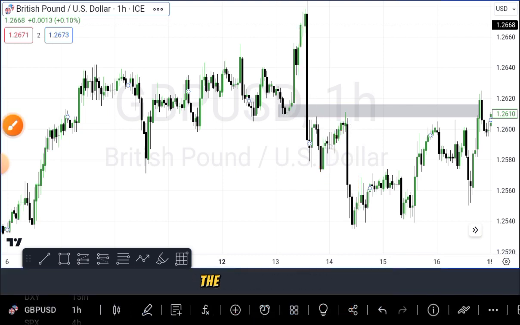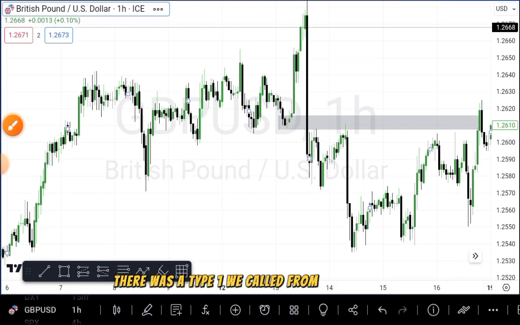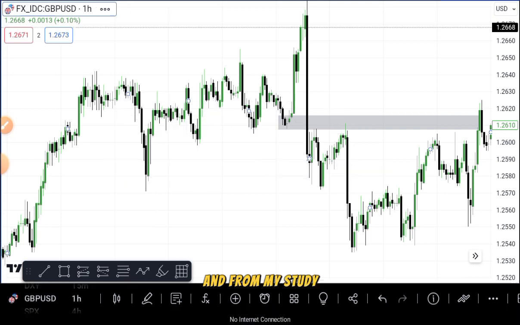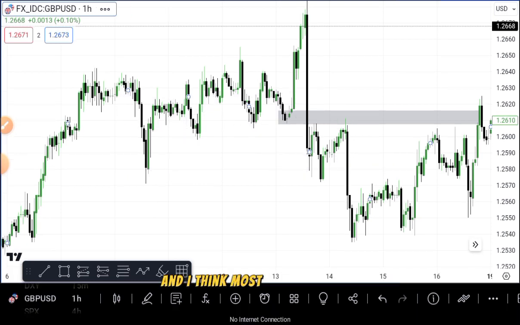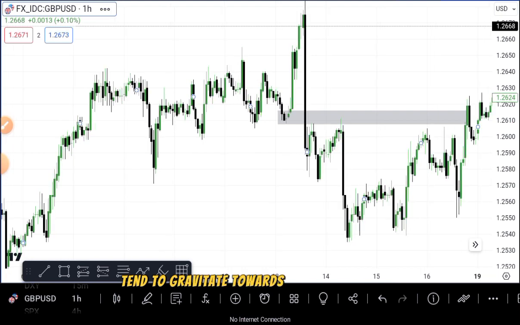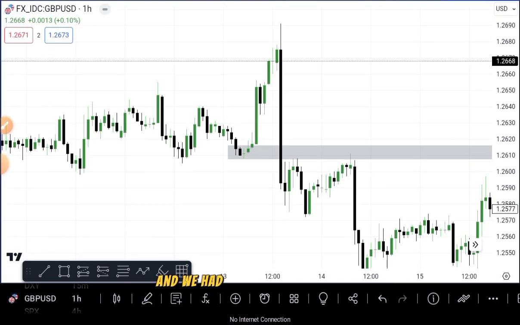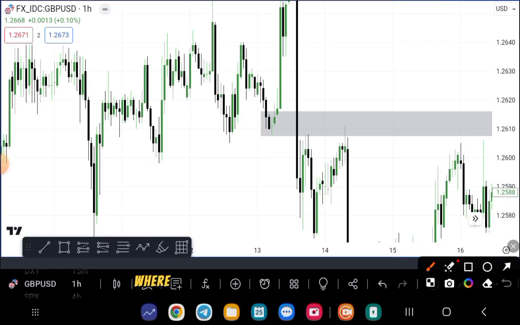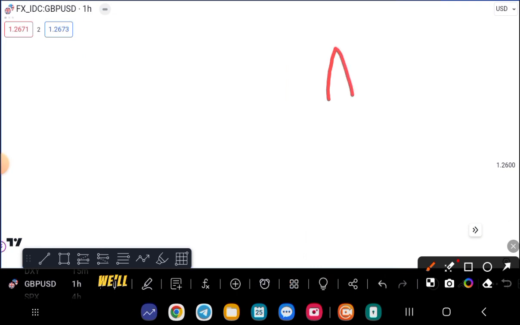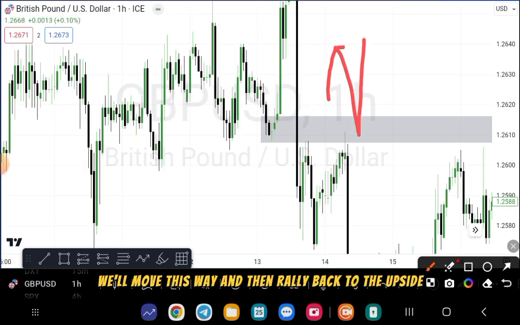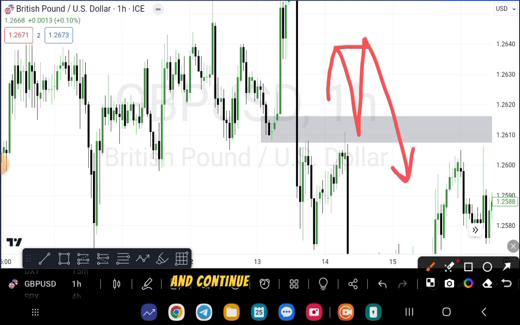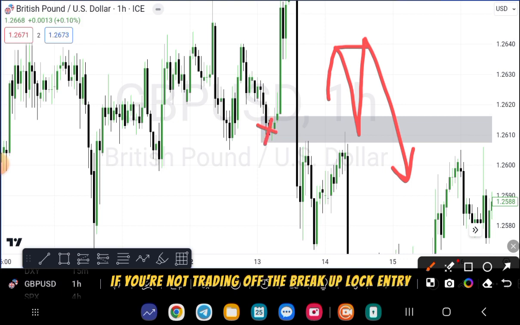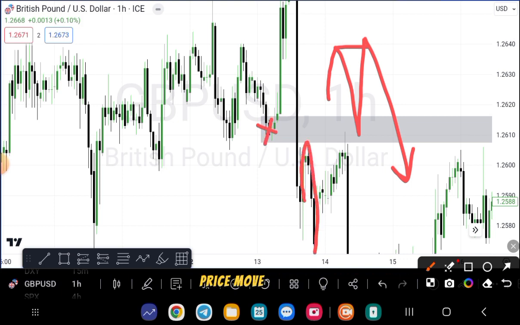Boom, to the downside. The next entry model was a type 1 we called the liquidity grab, and from my study this one looks so beautiful, and I think most of you tend to gravitate towards the liquidity entry. We had a type 1 liquidity entry, and we already have that video on this YouTube channel where we talk about price in a downtrend moving this way and then rallying back to the upside, taking out the previous high and continuing to the downside. Type 1 you can see clearly happened here. If you're not trading off the breaker block entry, you have the type 1: price moved that way, came to target a high, took it out, and boom,